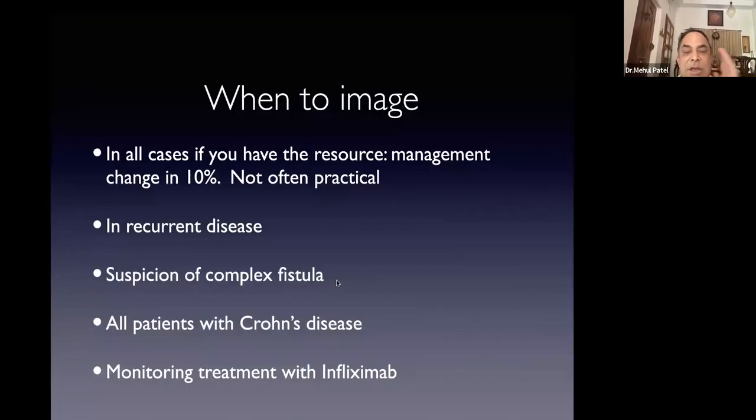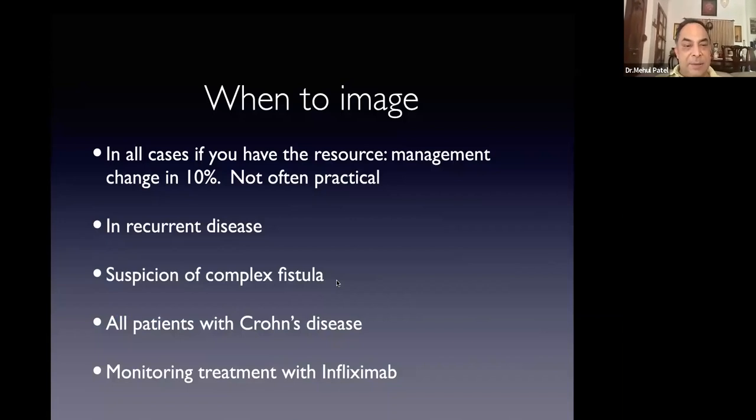Now, when to image? So basically now the first line is applicable in all cases if you have the resource, because there is management change in 10%. So not often practical in a poor resource setting that everybody should get an MRI. In the setting of a poor resource setting, we should do it in recurrent disease. If we suspect a complex fistula, by how can we suspect clinically? As we know, the Goodsall's rule, further lateral the external opening is, more likely it is to be complex. And of course,